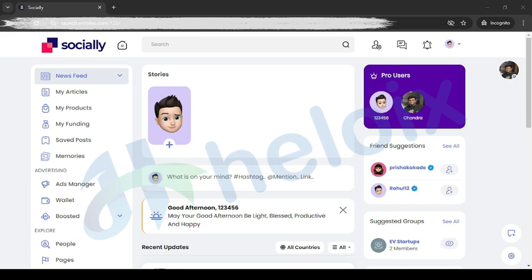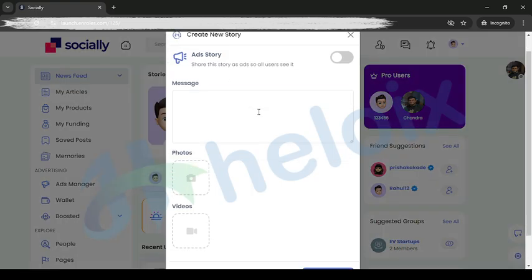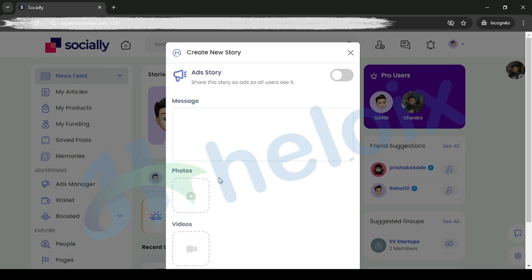Hello team, this is the social platform which I'm going to show you. This is the front end. Here you can search your post. Here you can check your stories, or you can create multiple stories as well by clicking on the plus option. You can set up your photos and videos.